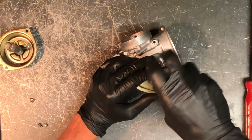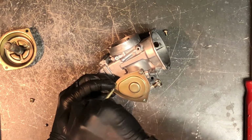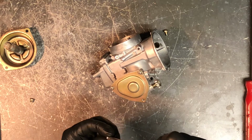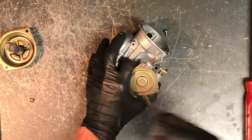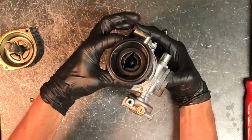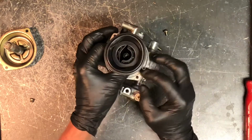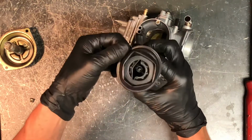This isn't as important. It is important, but not as important as this diaphragm. You don't want to pinch that diaphragm on top there. This will go one direction, and your O-ring part of that will sit right down on that O-ring on the carburetor. Now what I like to do is turn this over like this,